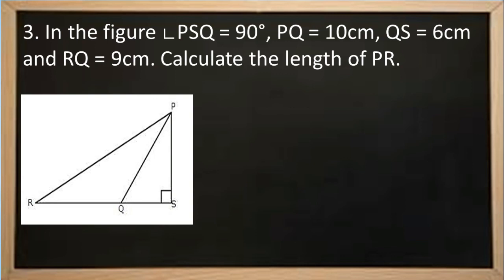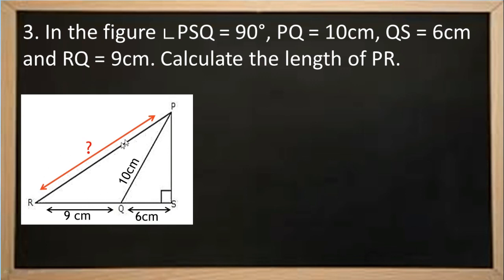First, let us mark out the given measurements in the diagram, which is a very important step in geometry. Once the diagram and the measurements are given in the question, mark out the measurements in the diagram, which gives you a link or a hint to solve the problem. So let us write down first PQ 10 centimeters, QS is just a part of the line RS, that is equal to 6 centimeters, and RQ is given as 9 centimeters, and we need to calculate the length of PR that has to be calculated in this particular problem.